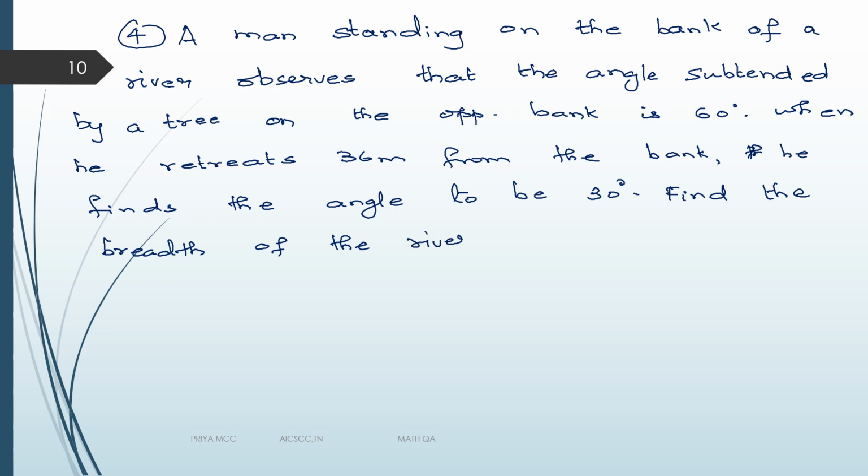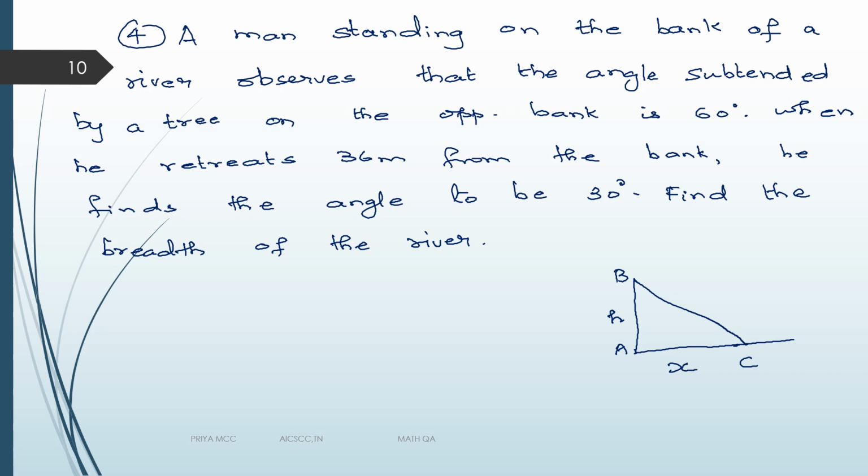This is almost similar to the previous problem. You just have to work with two triangles and you will get the right answer. So just try to fix the diagram for this. He is standing at some place. Let us fix the tree now. AB is the tree. Let the height of the tree be some h. Now he is observing at some point. Let that point be C. Let this distance be some x meters.